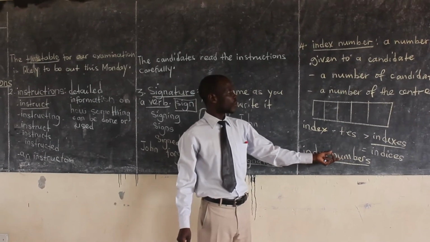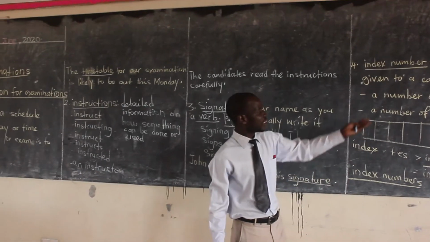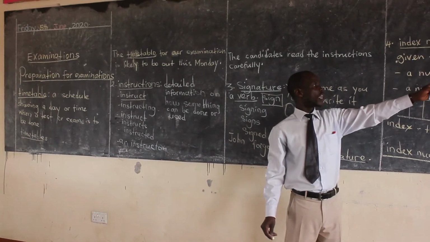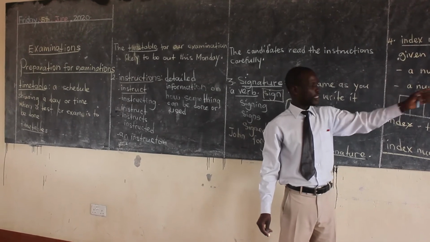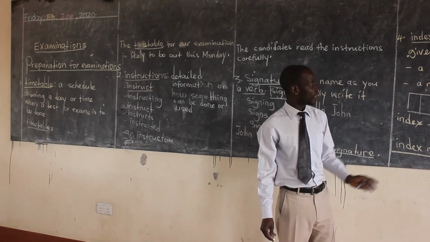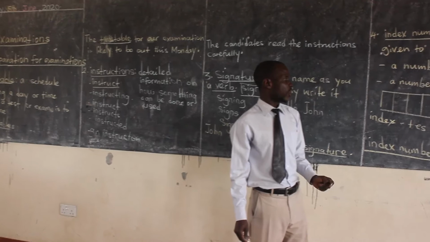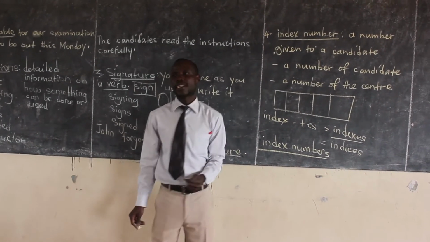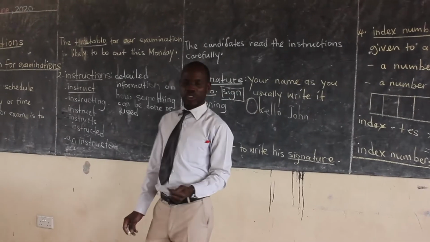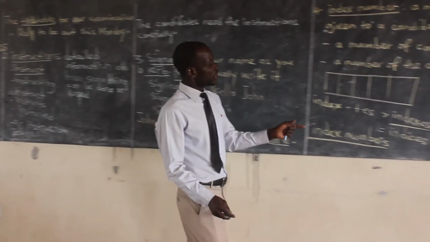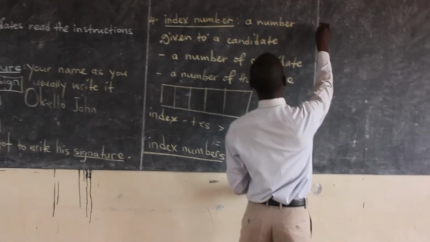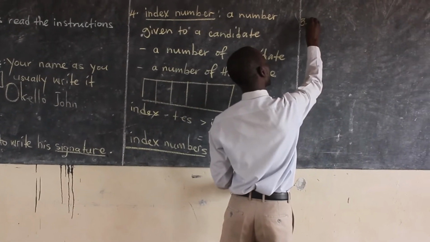You form its plural form. Remember, we are saying it is your identification number. It shows you the number of the candidate and the sitting center. That's the word index. You can also have some sentences using this word index number. Then also, you need to know another word, that's the fifth one,